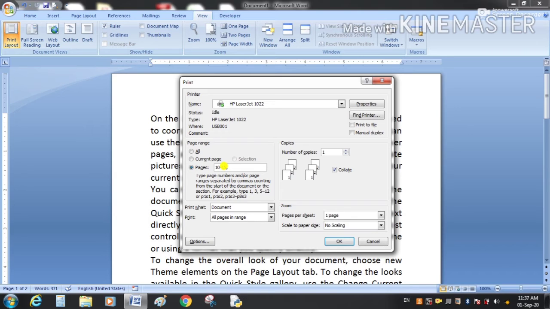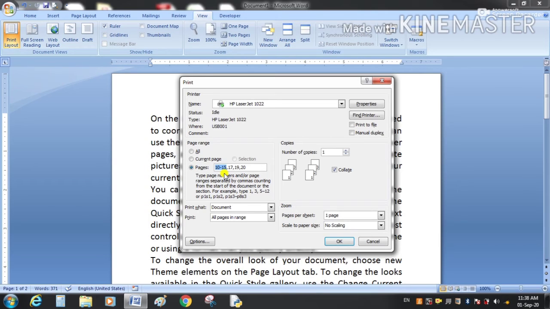For example, I want single pages after 15, means page number 17 comma 19 comma 20. So in this way I will get the printout of page number 10 to 15, means 6 pages here, and after that page number 17, 19 and 20.